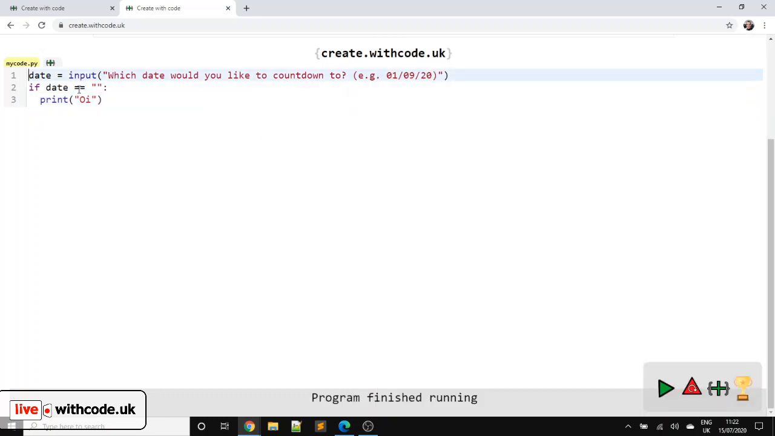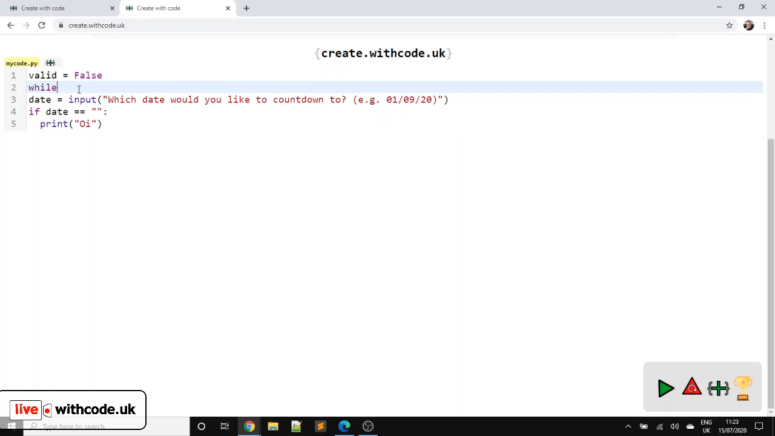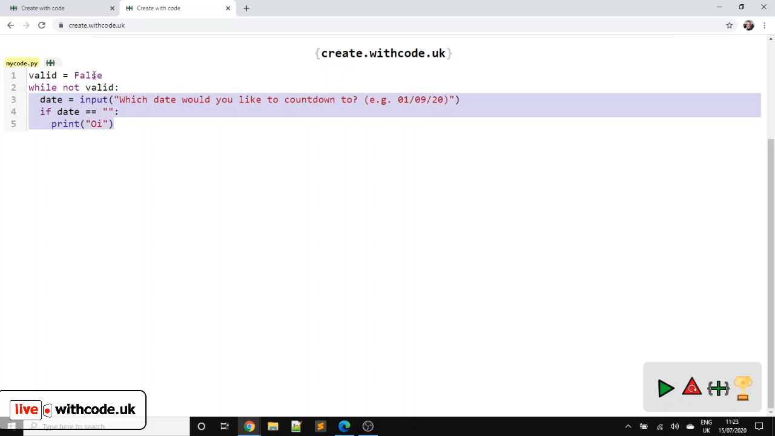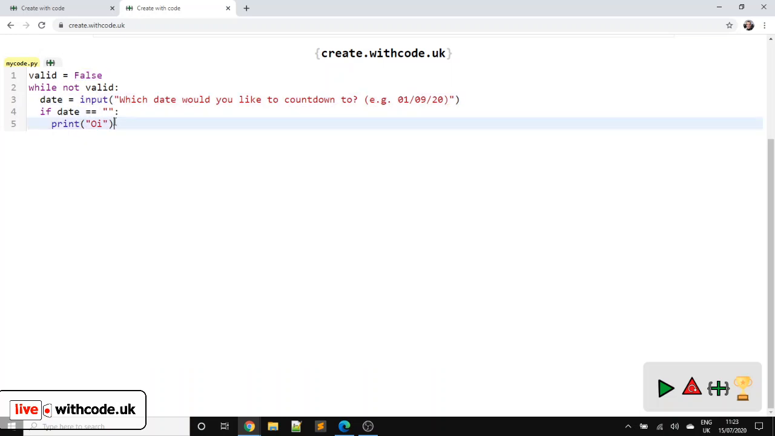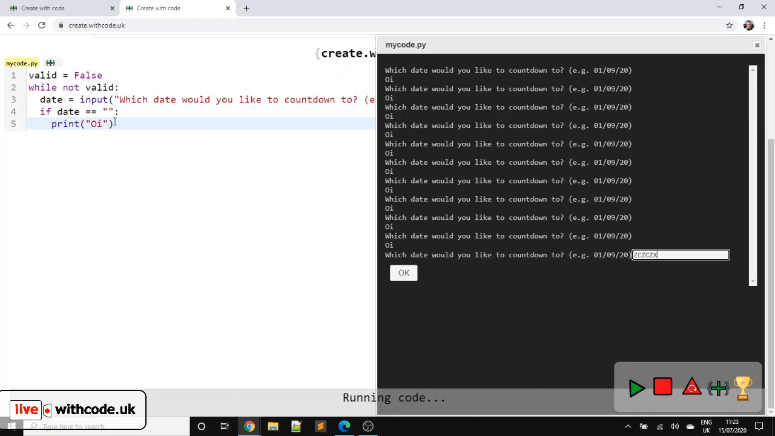What we're going to do slightly differently is make a loop. We're going to say, we'll assume that what the user types in is invalid. And then we're going to loop round whilst the user has not typed in something correct, whilst not valid. So valid is a Boolean value, either true or false. And whilst it's false, this loop is going to keep repeating. So if I leave it blank, it's going to keep saying oi. But if I type something in,